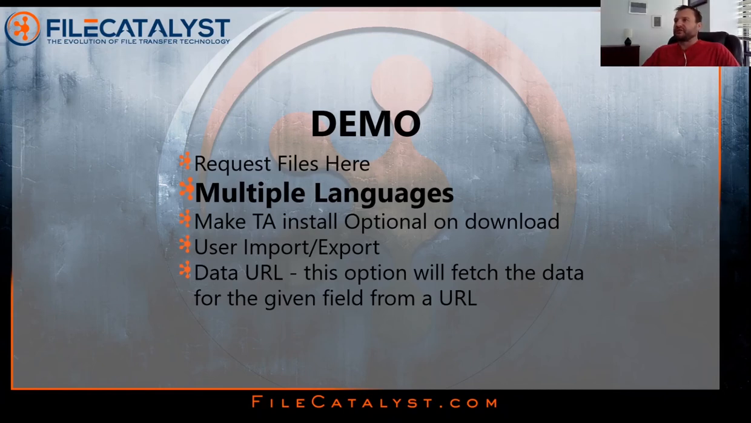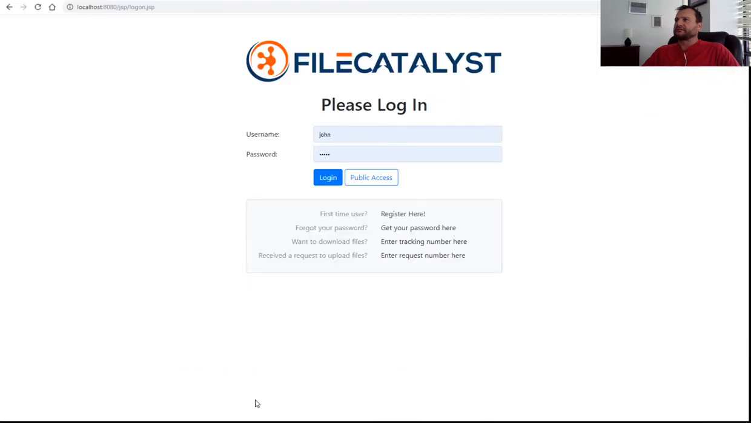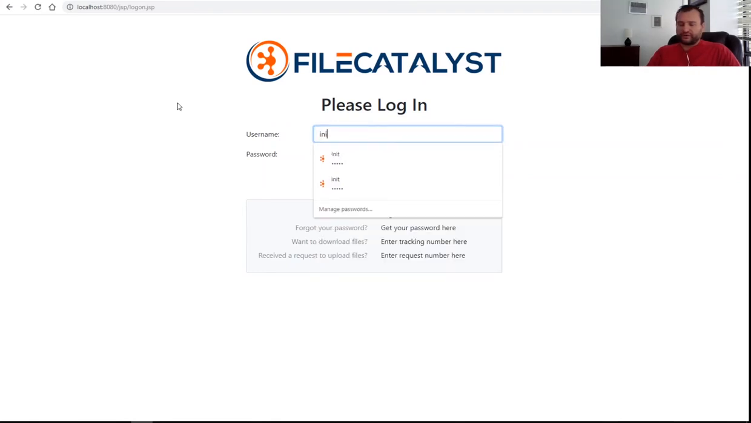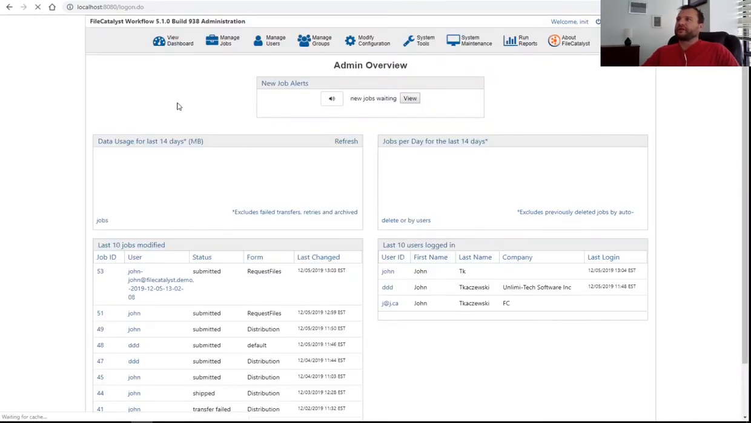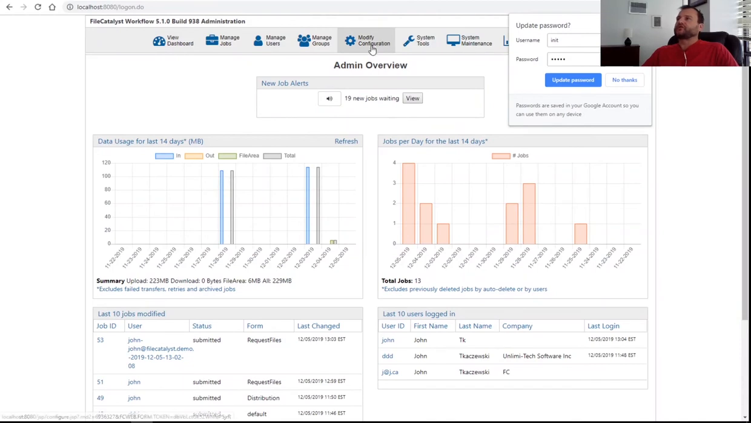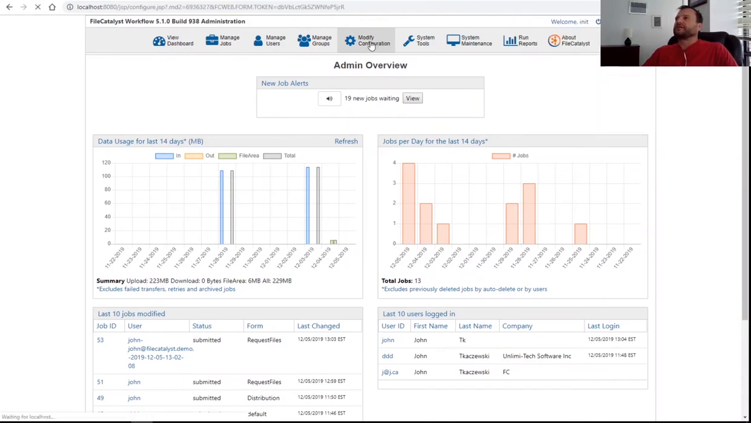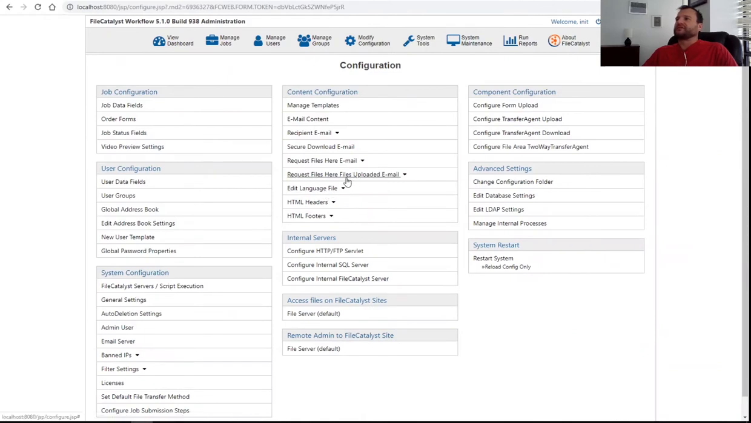The multiple languages demo will be quite simple here, really. What I'm going to do is, again, go to our login page of Workflow. I'm going to log in as super administrator, and I'm going to show you how to enable multiple dynamic languages. So I'm going to click on Modify Configuration, and by default, what you will see here is select